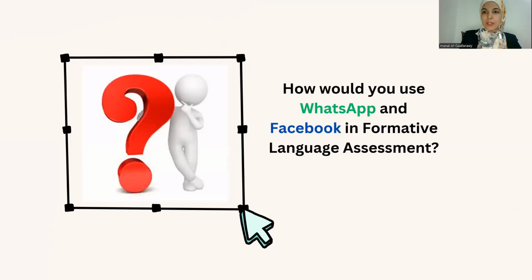So if you think of these two applications as tools in formative language assessment, how would they be exploited in that way? And as you know, formative language assessment means that you measure the progress of your students over the course of their study. So for example, every class or every lesson. So to answer this question,